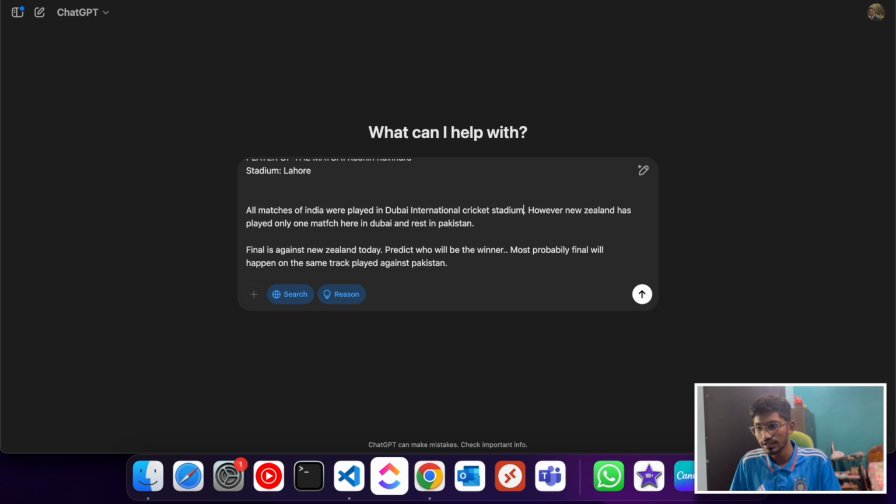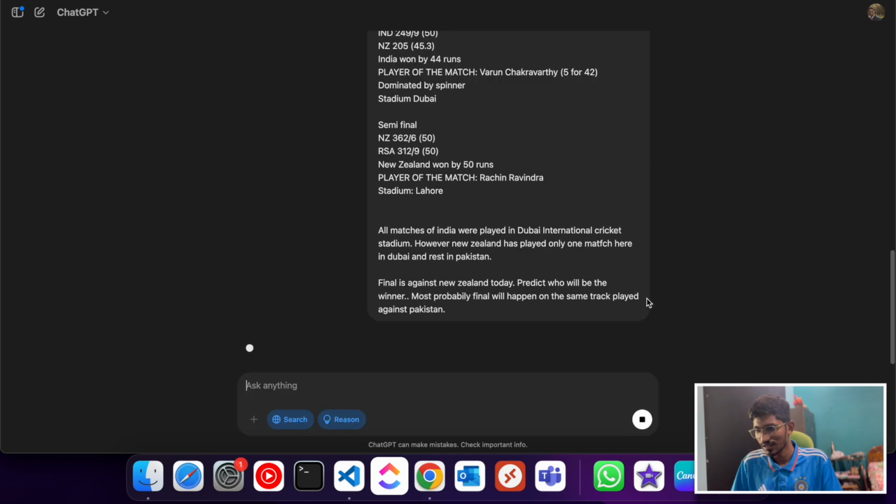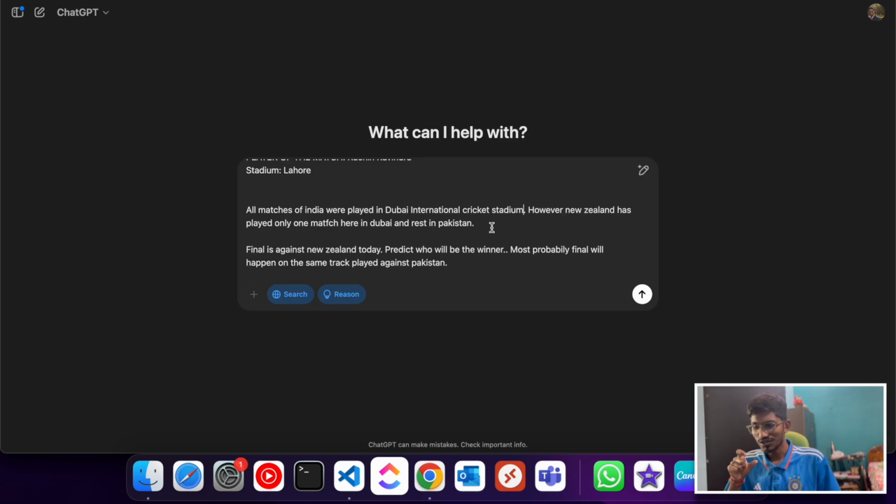So we are going to try with four AI tools today: DeepSeek, Perplexity, Gemini, and ChatGPT. Let's first start with ChatGPT. Here the goal is not just to see the outcome of its prediction, but also to see how it thinks, how it reasons through this problem. It's a complex problem, right? It's a properly analytical problem that we have given the chatbot. So we'll see how it does the reasoning.